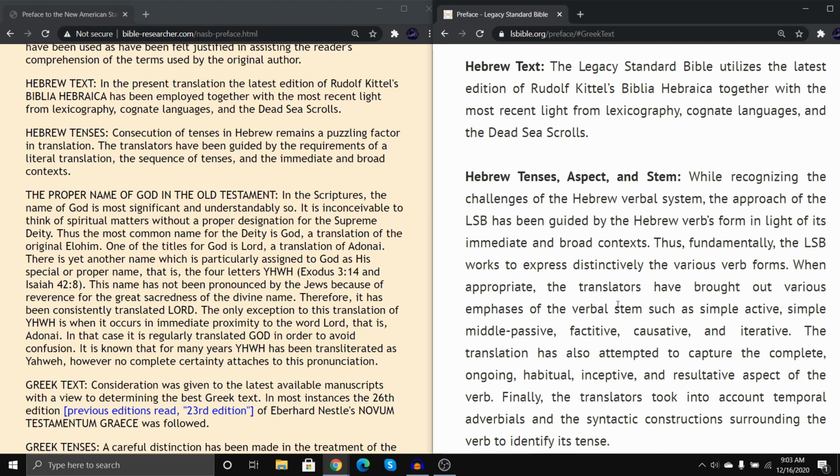When appropriate, the translators have brought out various emphases of the verbal stems such as simple active, simple middle passive, factitive, causative, and iterative. The translation has also attempted to capture the complete, ongoing, habitual, inceptive, and resultative aspect of the verb. Finally, the translators took into account temporal adverbials and the syntactic constructions surrounding the verb to identify its tense. So that is talking about how they translate the Hebrew of the Old Testament,